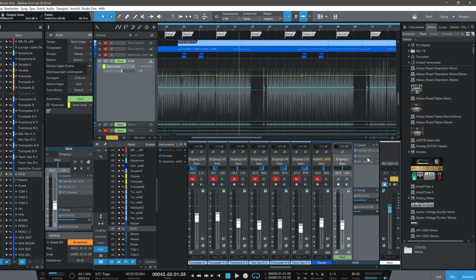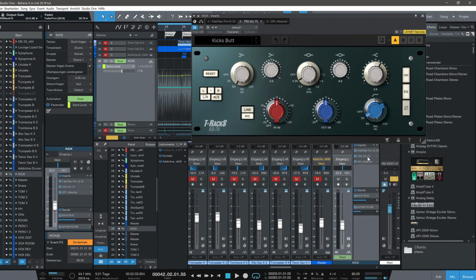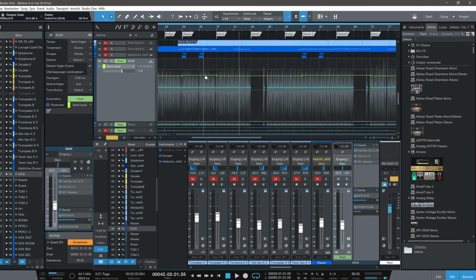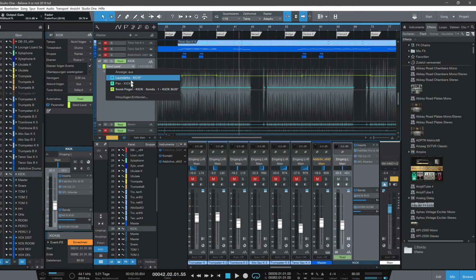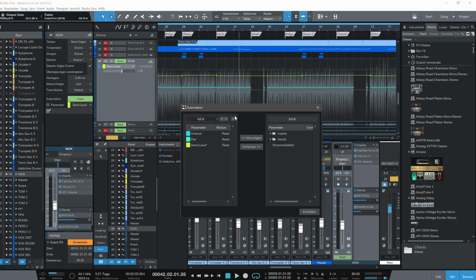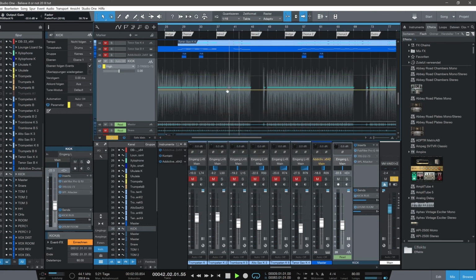Let's see what's going on here. We've got an EQ. It's a Neve emulation from IK Multimedia, and I think I want to automate this part of the EQ and make it brighter in the choruses. We have to add this. Search in our inserts. So here's my EQ and here's my high. Add this. Let's see what it does. If I drag it up,